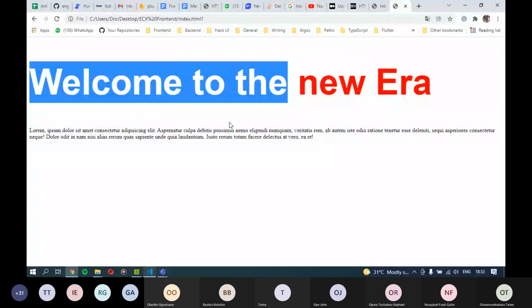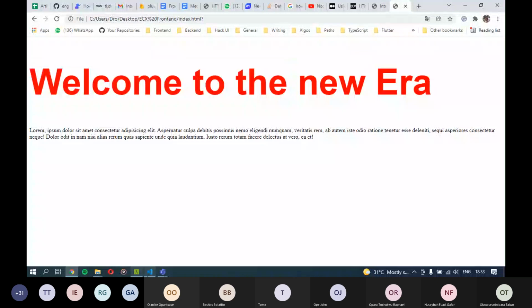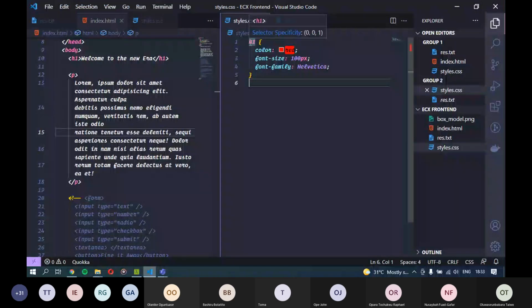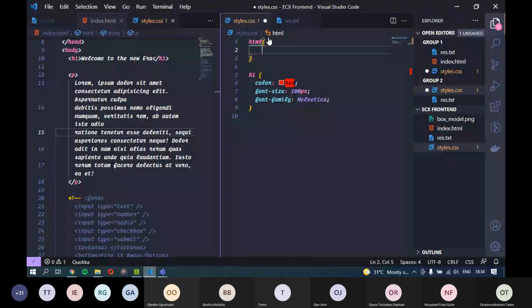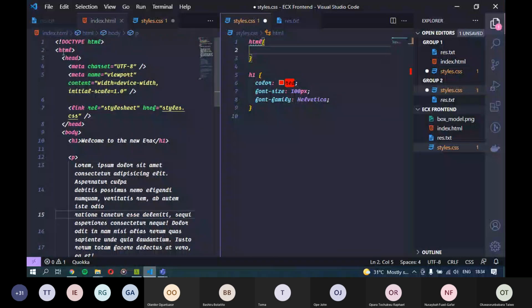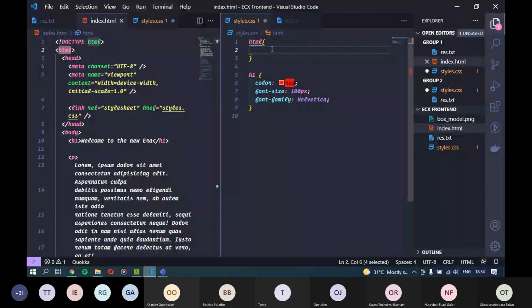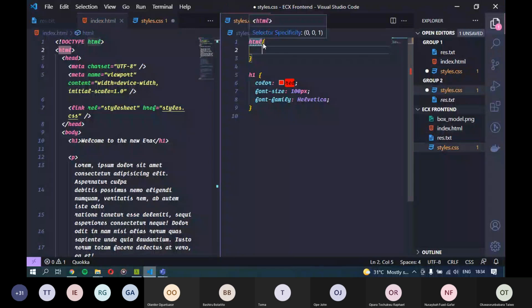have a font family of Helvetica, we can style our HTML tag, the root tag that we have here. Where is it? This one. So you can come inside of here and say we want our font family to be Helvetica. So based on this, if I save it now, you may or may not be shocked by the results.